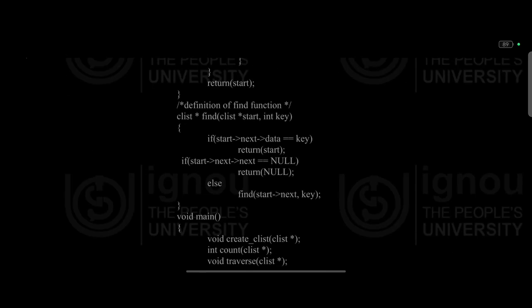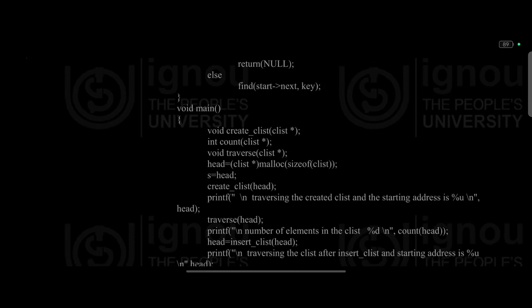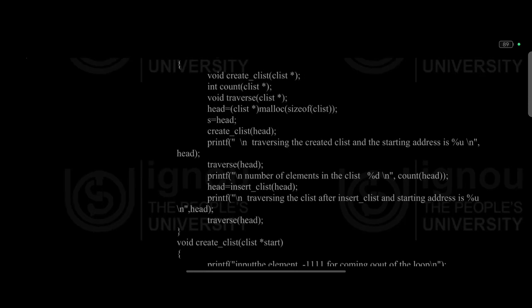Definition of find function: clist *find(clist *start, int key) { if (start->next->data == key) return start; if (start->next->next == NULL) return NULL; else find(start->next, key); }